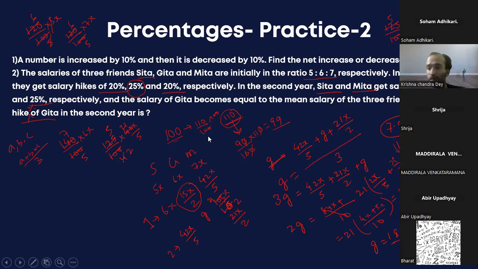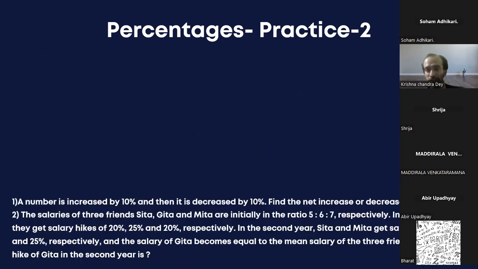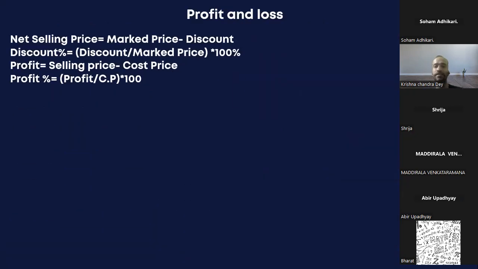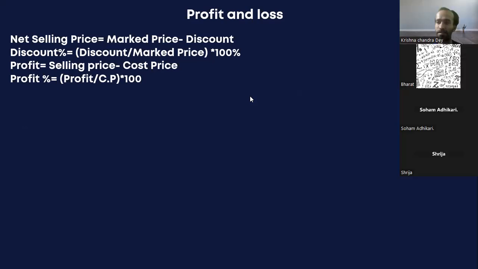Yes, sir, understood, sir. Cool. So let's move forward. I will very quickly explain, though I think you all know this, but still understand a few things in profit and loss. The tree diagram is very important. How does profit and loss operate?